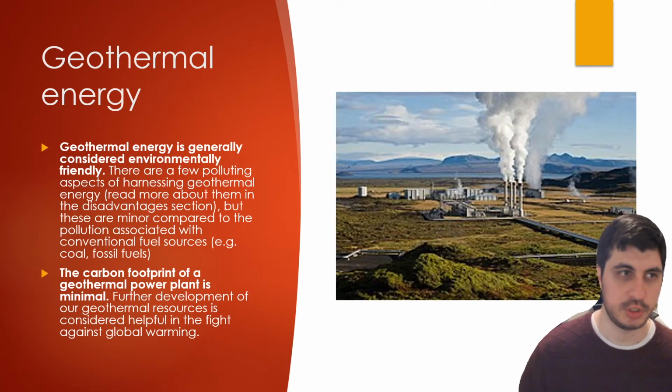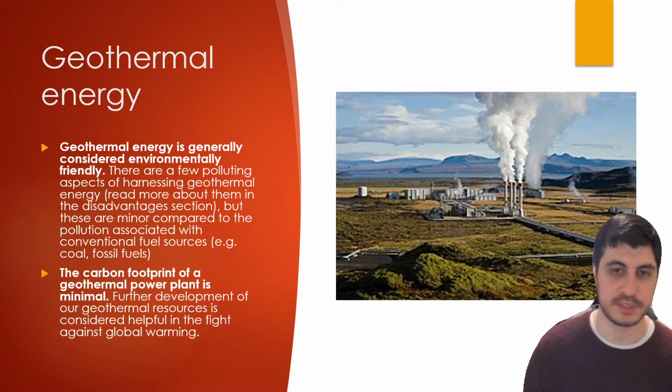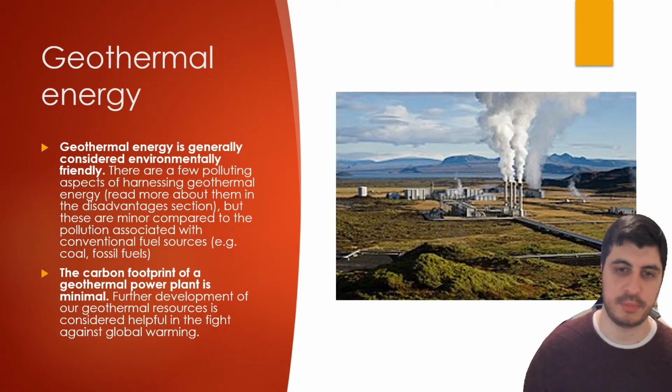Next one we're going to discuss is geothermal energy. So this is actually collecting energy from the earth itself. It's generally considered environmentally friendly. There are a few polluting aspects of harnessing geothermal energy. We'll discuss those in the disadvantages section, but these are minor compared to the pollution associated with conventional fuel sources,